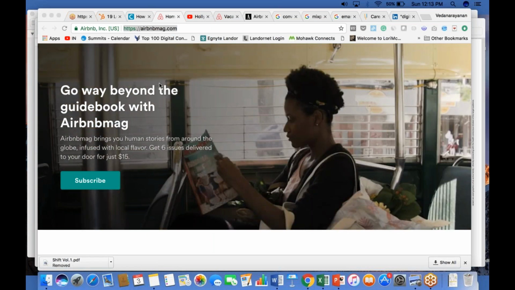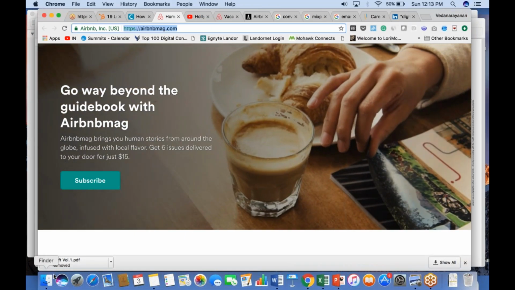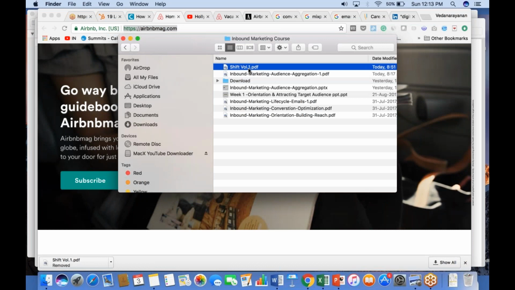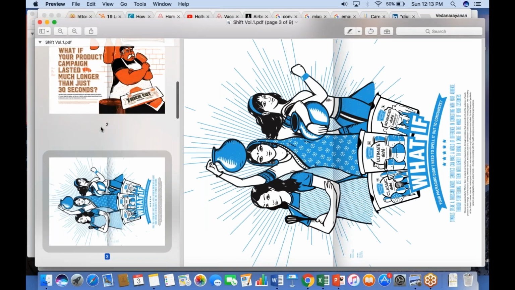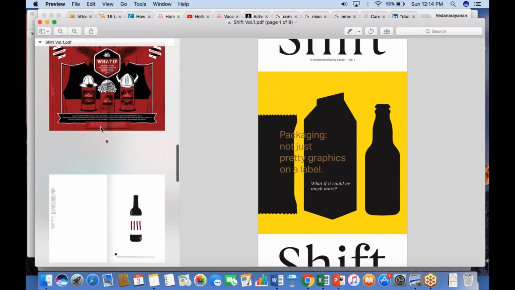The other magazine which I'm particularly fond of is called Shift, which is used by one of the agencies I consult for, Landor, which is into brand and design consulting for various clients. Shift magazine talks about all of the work Landor has done with regards to packaging and design work for both traditional and digital brands, and showcases Landor as a credible and aspirational partner to work with whenever you require good branding, design, or packaging work. Shift is again a case in point.